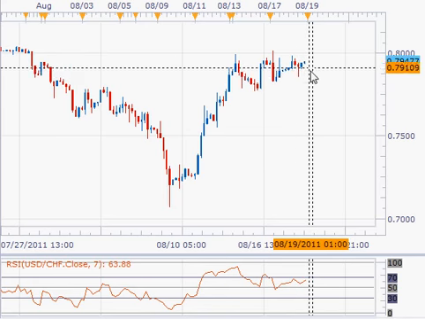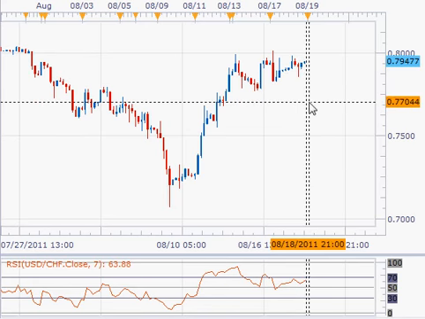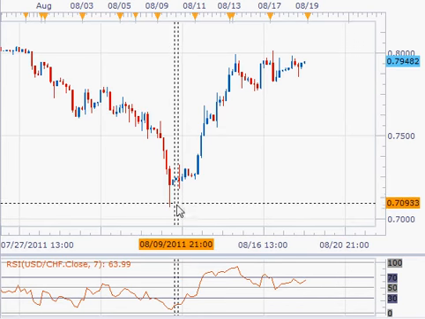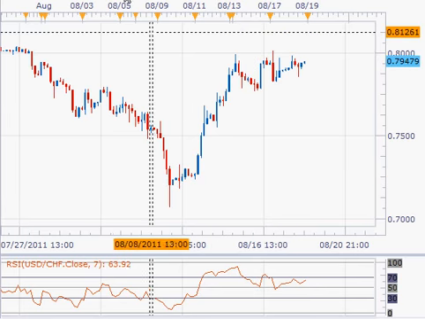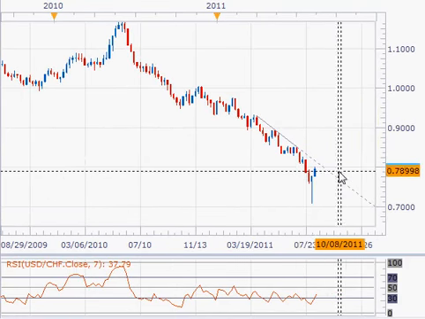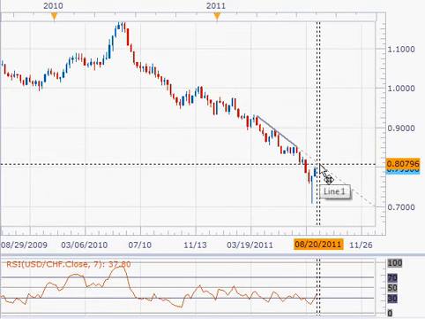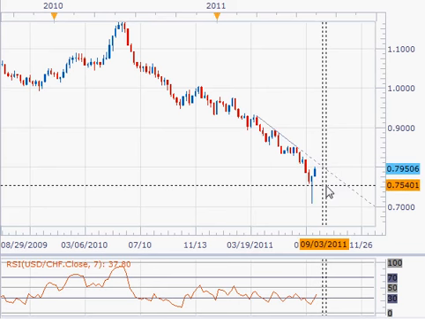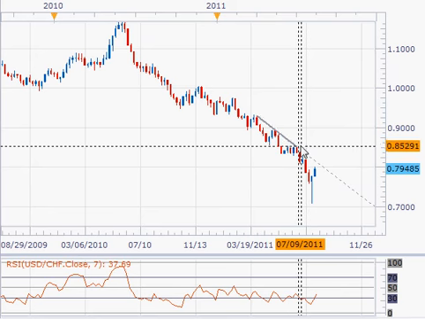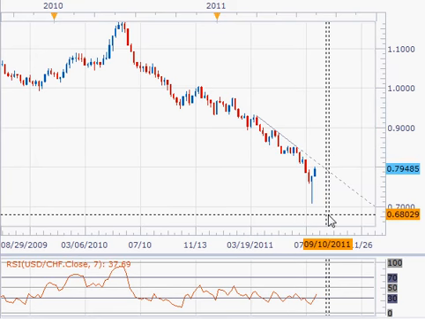It's still kind of meandering for the past couple days, but I think we need a correction down to at least 76.50, even if we have made a long-term reversal here in the dollar Swiss, though there is still that chance. See how we have this medium-term resistance line here. There's still a good chance that this is possibly wave 1, 2, 3, 4, and we'll have one more low,